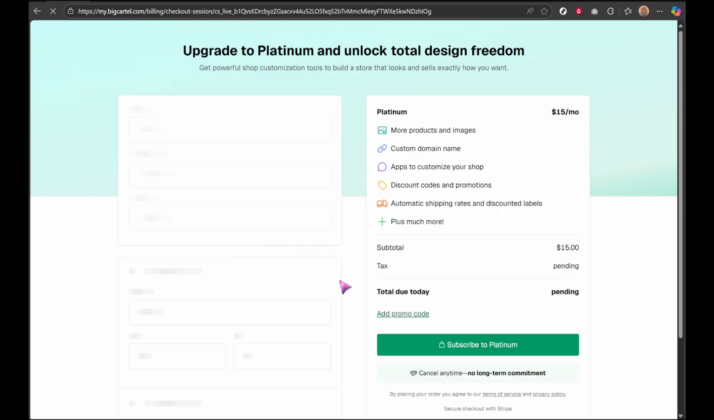live on your store. And there you have it. By following these steps, you can effectively add videos to your Big Cartel website, helping you engage with your audience in a more